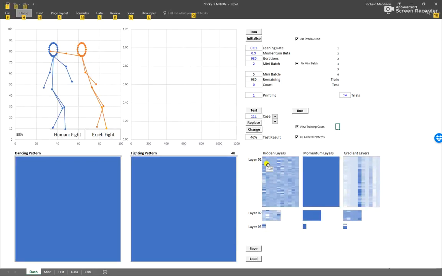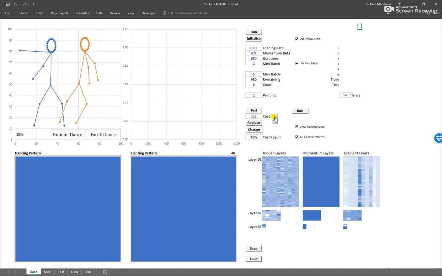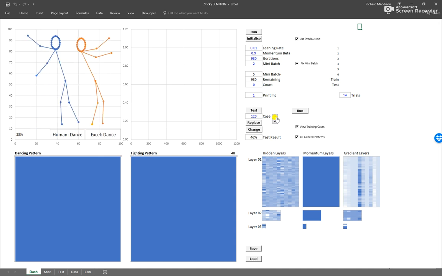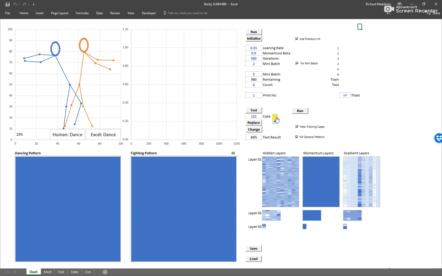This spreadsheet is attempting to learn the difference between fighting and dancing. The two figures here are randomly generated, and I've made about 600 of them, and I've categorized them as either fighting or dancing. And if you look at my classification versus what the computer thinks, it's pretty good. I've got up to 90 or 100% accuracy on trained data. But when you transfer that to testing, it's